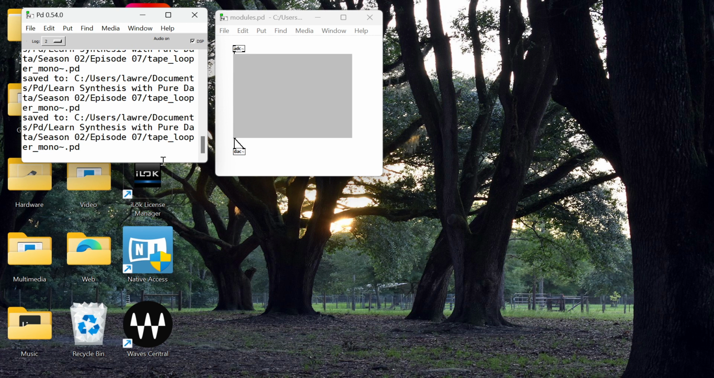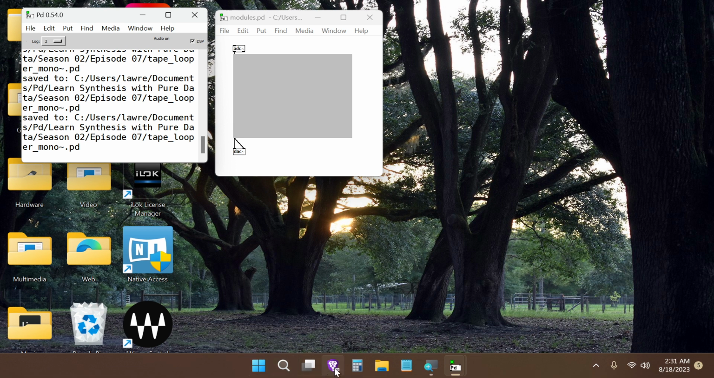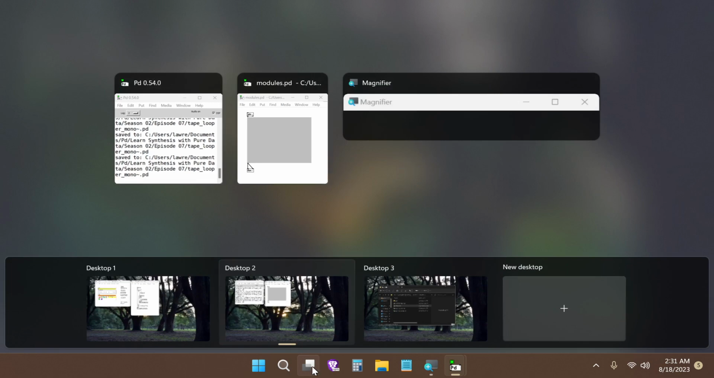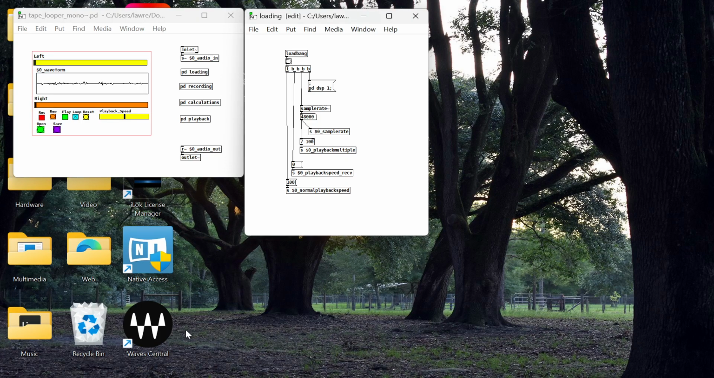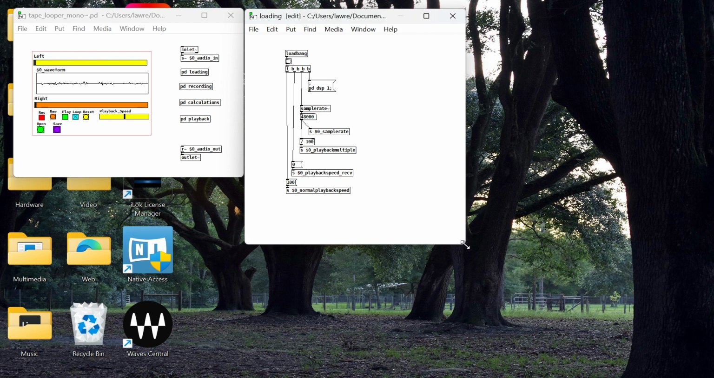What did I do? I was holding down the wrong keys and I hit a shortcut that went to the wrong window there. Sorry about that. But here we go. And this is where we're going to see how we can control these sliders and change